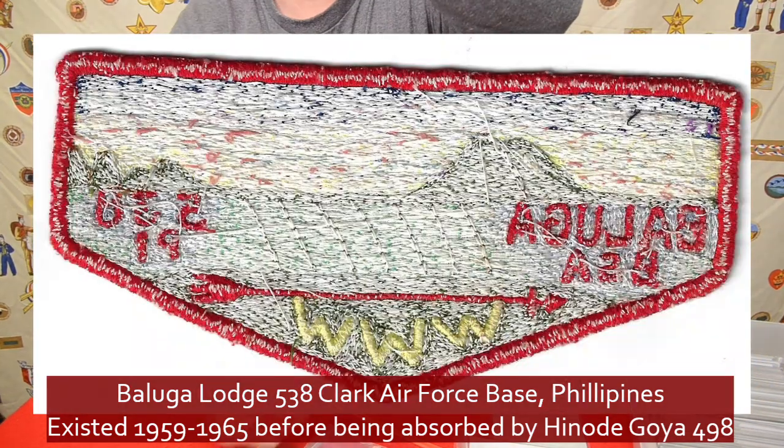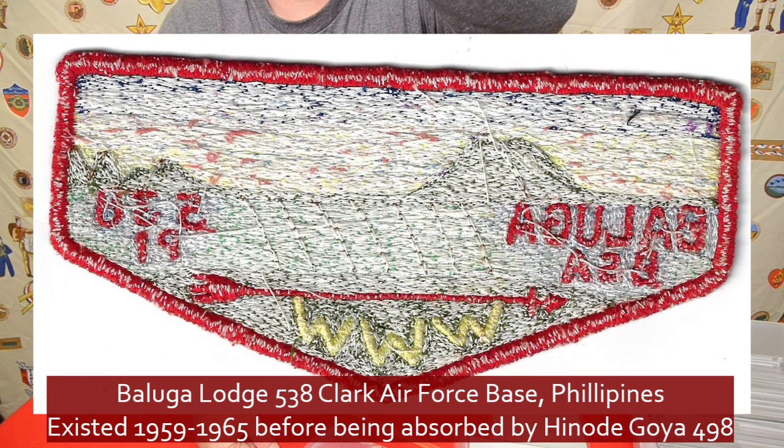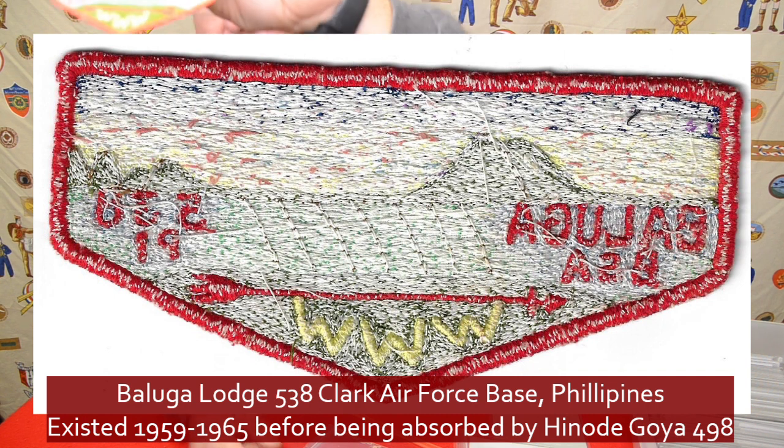The PI stands for Philippine Islands, and this was an Order of the Arrow Lodge in the Philippines. I'm going to struggle to remember the name of the military base, but essentially there's a big military base there. Obviously they had a Boy Scouts of America program,